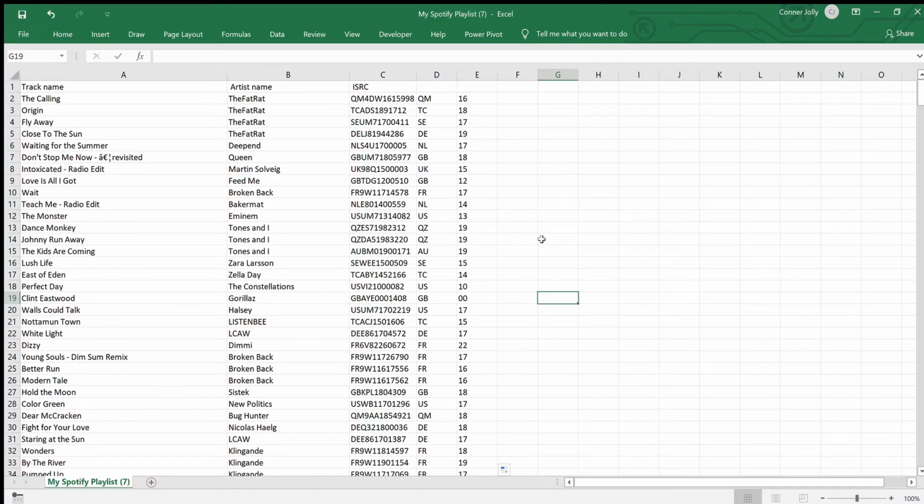So what it ends up giving you is this, and it gives you a few more columns, but I got rid of them because they're not very useful. The main ones are the track name, the artist name, and the ISRC code. And the ISRC code might seem like kind of just a jumble of letters and numbers, but it's actually kind